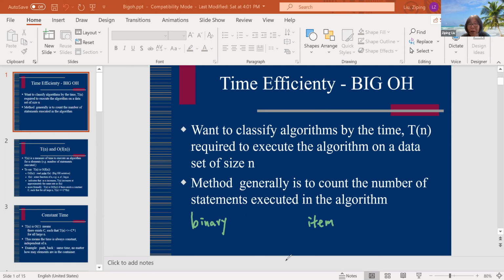And all of the items are already arranged in some order, assuming in ascending order, is it? So binary search is what? Is you find the middle item,